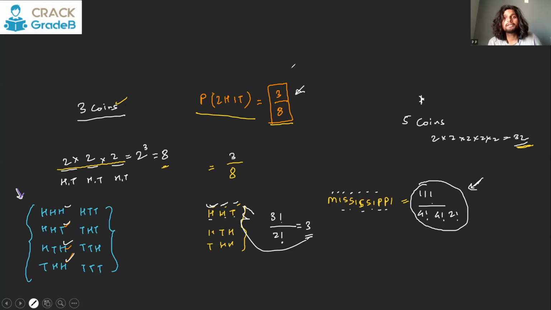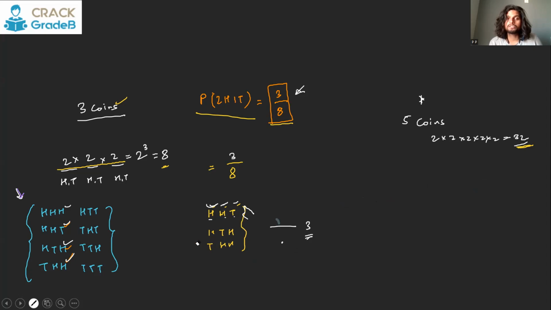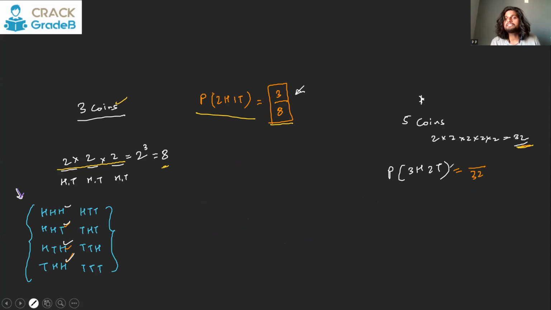The same is going to be the thing in the case of 5 coins. So if 5 coins are tossed, what is the probability that there will be 3 heads and 2 tails? So the total cases we have already calculated as 32. Out of this, if you want 3 heads and 2 tails, that means the number of words you can form out of HHH and TT. How many different words can be formed out of HHHTT? There are 5 letters, so you write 5 factorial.